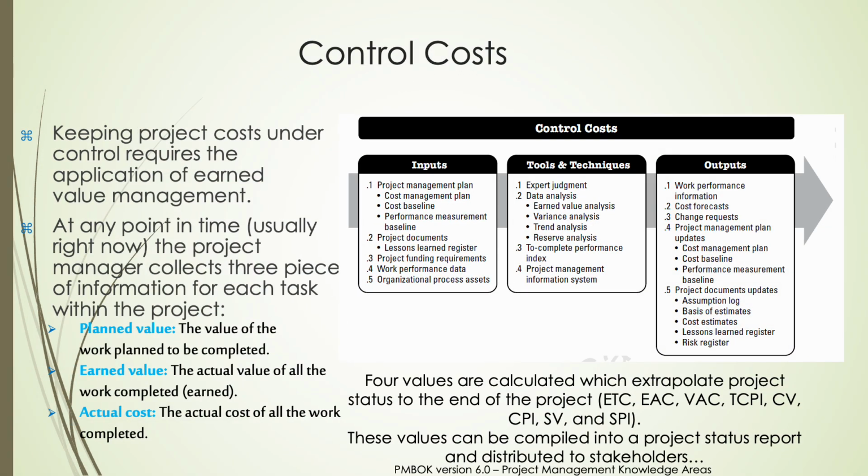In project management, controlling costs is all about making sure we stay on budget. We use a variety of inputs, like the project management plan, cost baseline, and project documents, to guide us. Then, through tools and techniques such as data analysis and earned value analysis, we track and evaluate performance. This process gives us key outputs: work performance information, cost forecasts, change requests when necessary, and updates to project plans